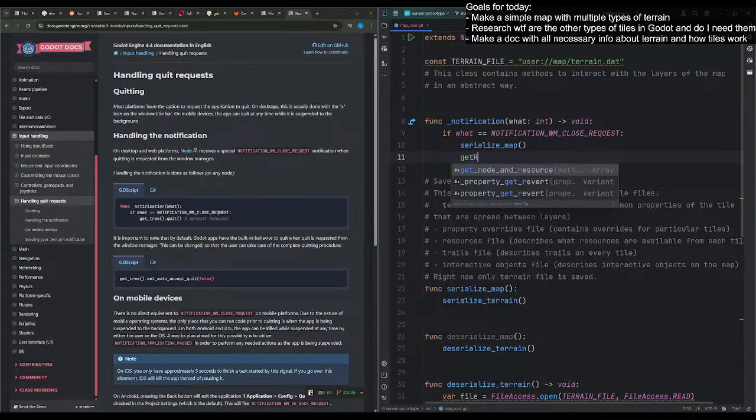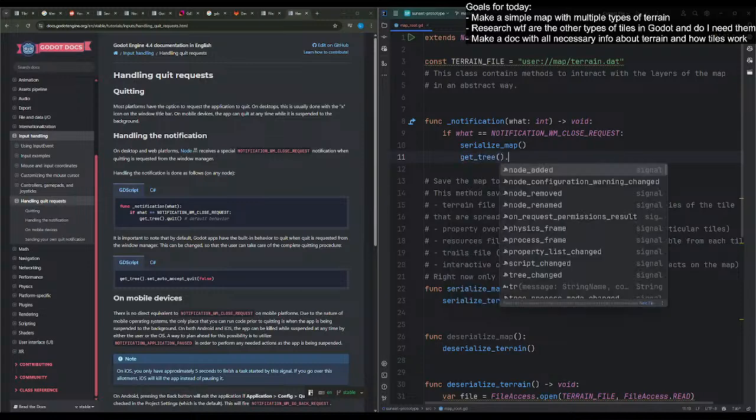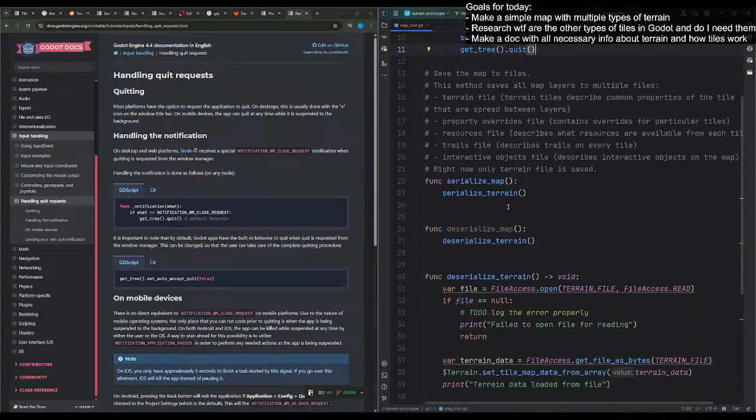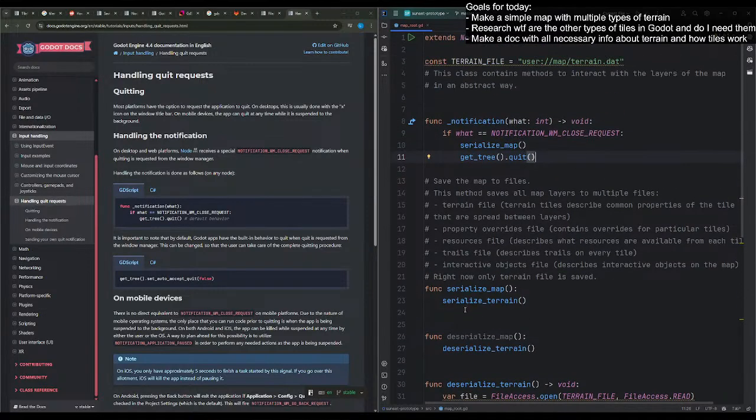Get 3. Quit. This way we test only the serialize map function, but it should be enough for now because